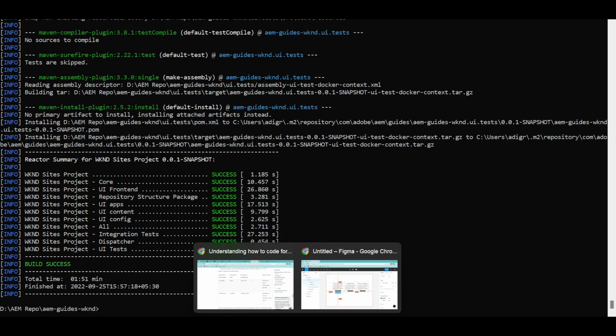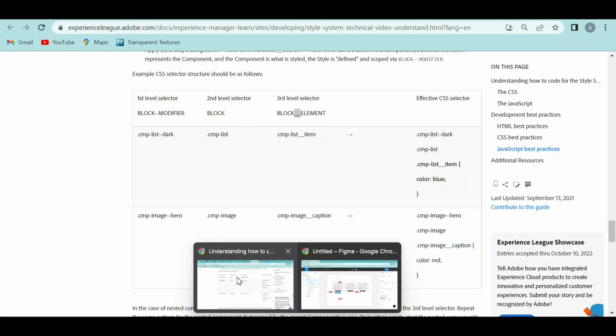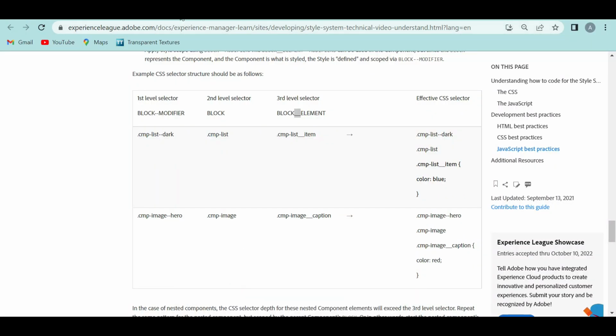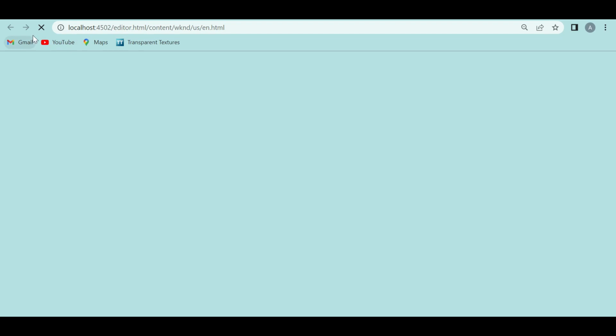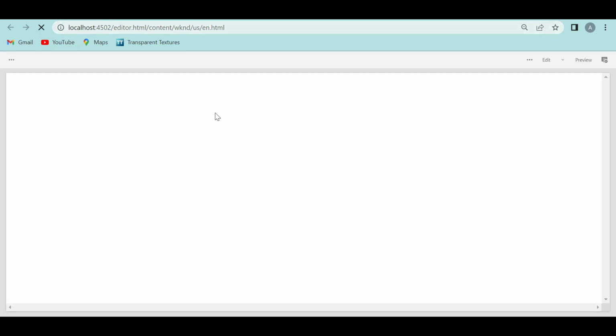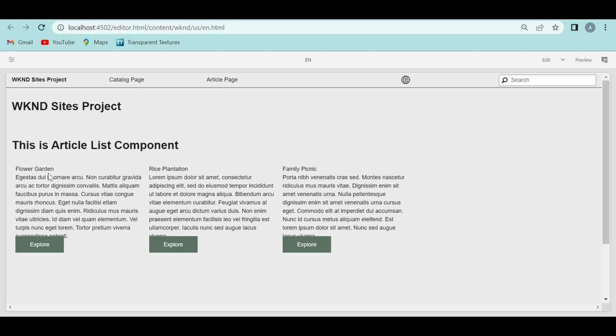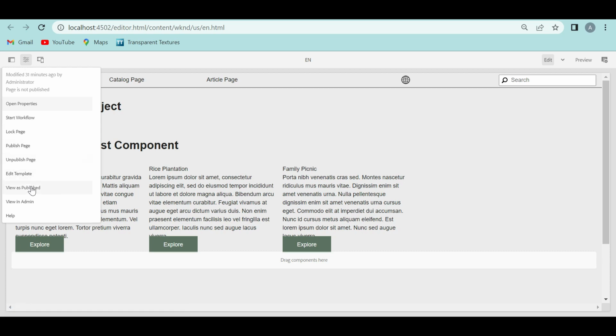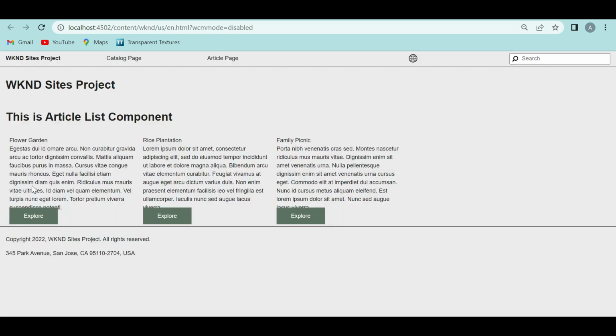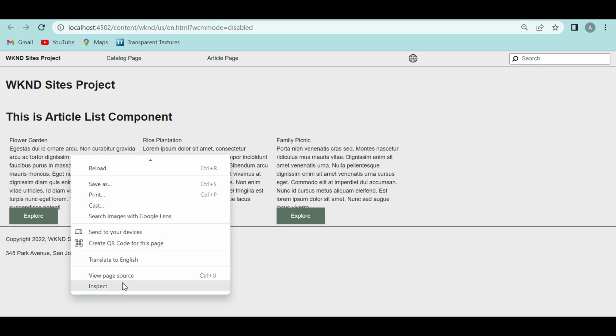So what I'll do is I'll just go into this UI and I'll just refresh this page. This AEM page wherein I have just added the component, right? So if I just refresh this page, now I have got this look and feel. If I just view this as published, then this is the look and feel which I got. If I just inspect this,